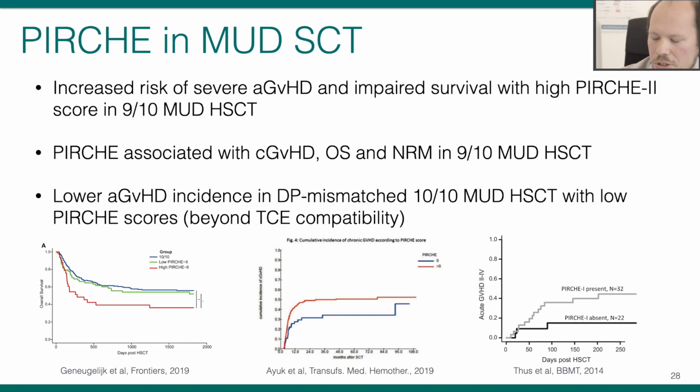where the group from Utrecht showed that even beyond TCE compatibility, it is still a good idea to go for a low Perch score because it still could discriminate cases with lower incidence of GVHD compared to the ones with increased risk and a higher Perch score. And you can explain that effect by going back to the models again, and as both concepts try to describe different pathways of allorecognition, it makes perfect sense they have their unique value.